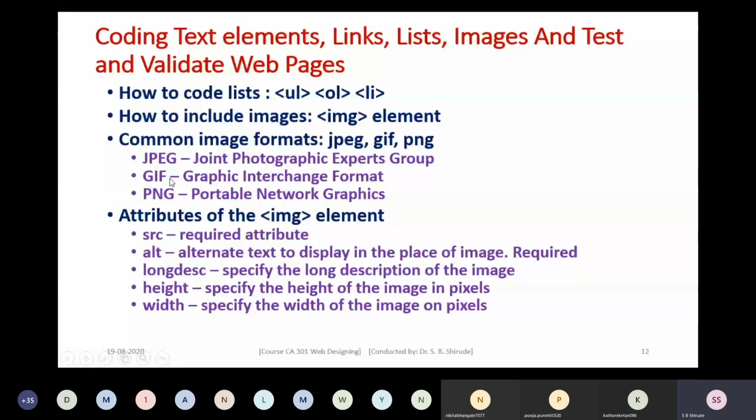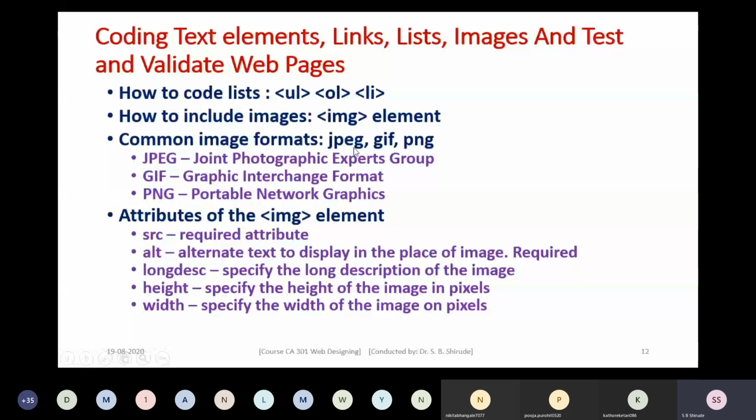By using the IMG element, you can insert an image file of any format, either JPEG, GIF, or PNG. Other image formats can also be used with the IMG element. It is not necessary that only these three formats be used, but these are the commonly used ones and therefore I have listed them here.